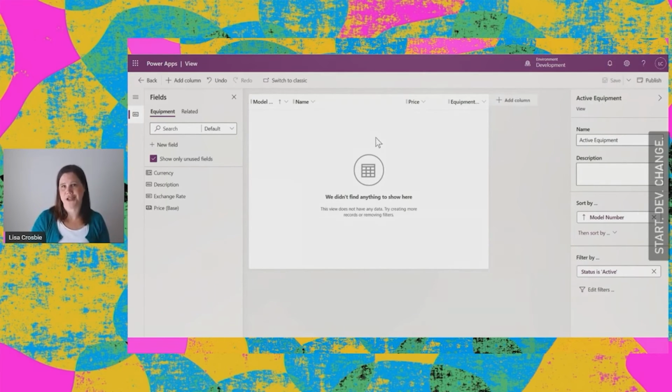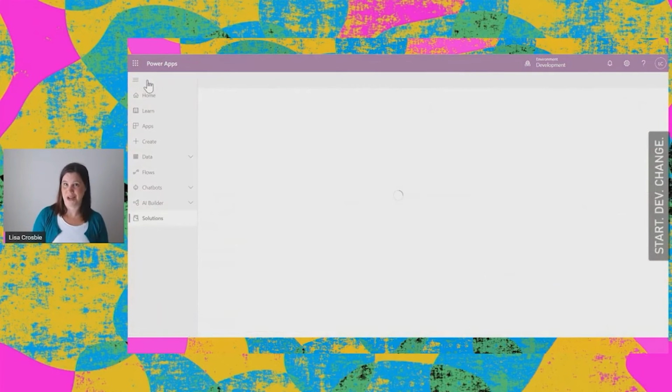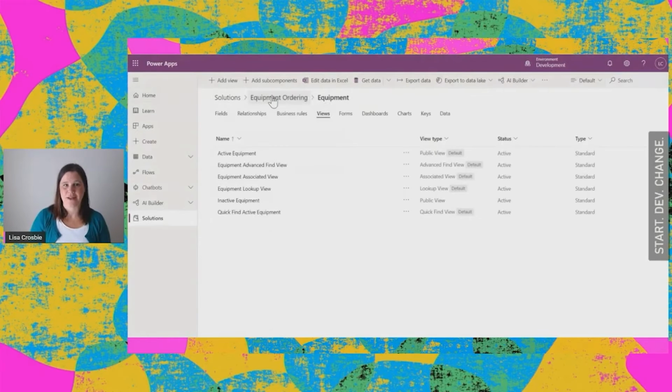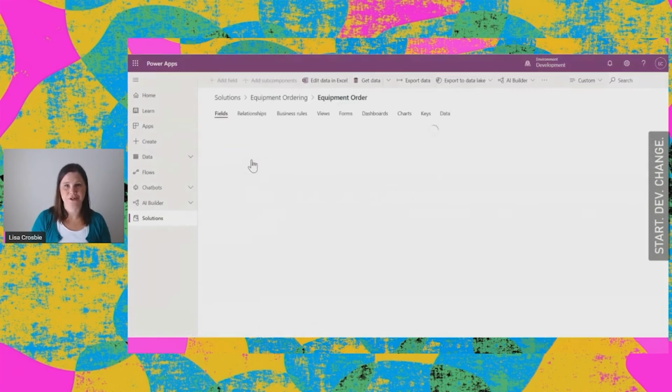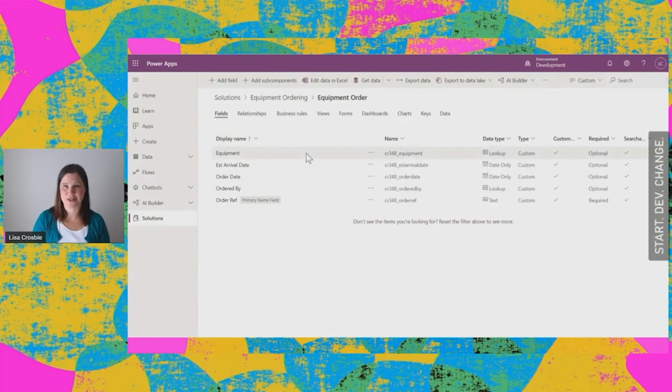Now, once you've got data in your database, once you're looking at this, you can actually see a bit of a preview there. It's all blank at the moment because we're building it from the ground up. Okay, getting there. So we now need to just do the same thing for equipment type. So while that's going, I'll just sort of recap on where we've come so far.